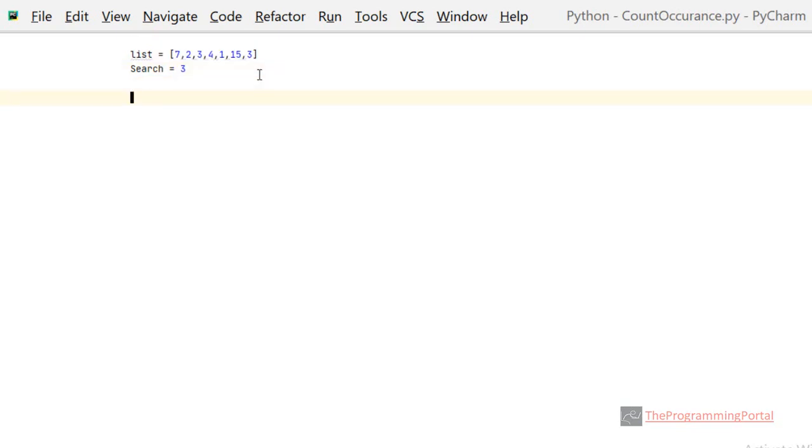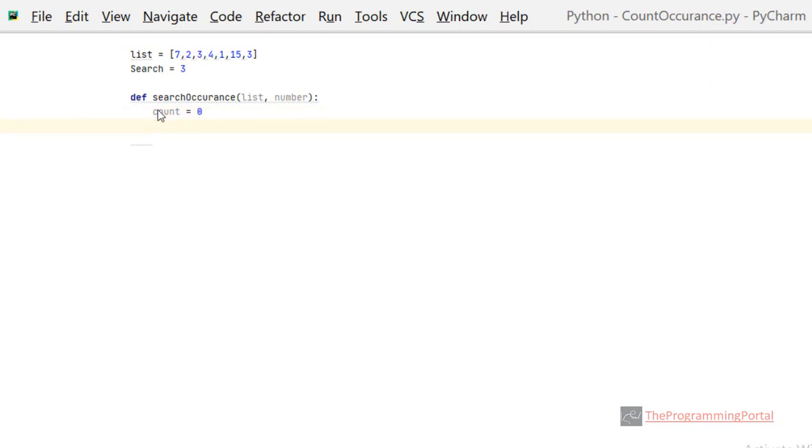We will define a function with 2 parameters, list and number, and it should return us the count. So let's define it. It will have 2 parameters, list and a number. If you want, you can avoid writing a separate function and write the logic directly. Let's declare one more variable as count and set its value to 0.